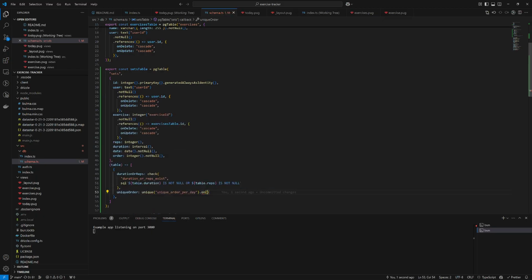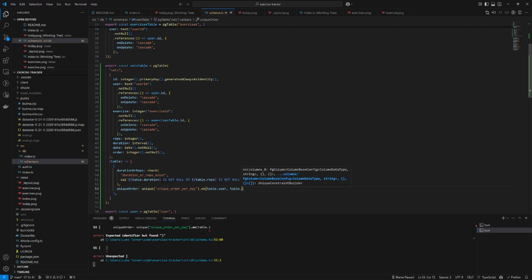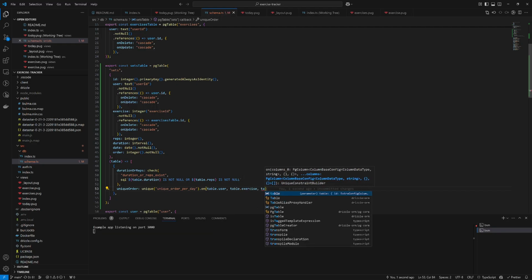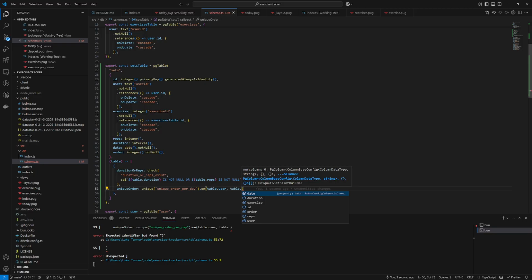And then this would be on table dot user table dot exercise. Or let's not even do exercise. Let's do table dot user table dot day